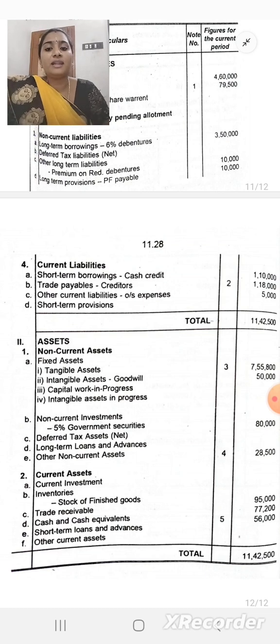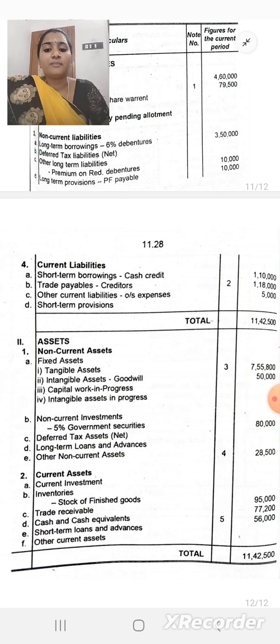Non-current investment, and the items that appear: government securities, tax values, long-term loans and advances, other non-current assets. In our question we have received only 5% government securities, rupees 80,000, and other non-current assets we have done in working note number 4,